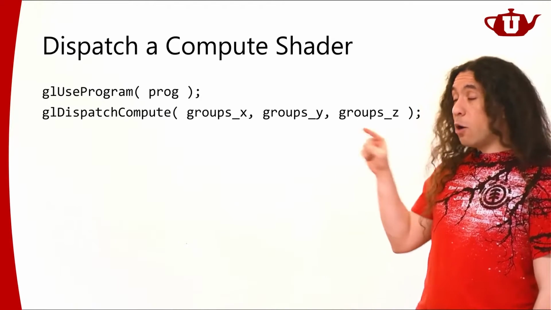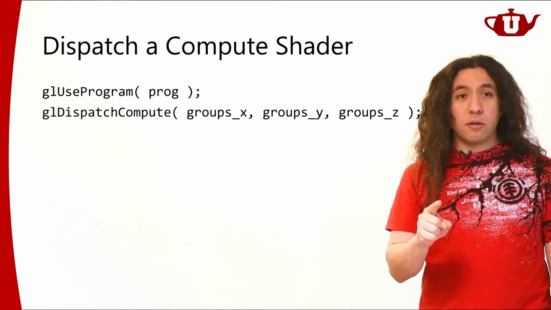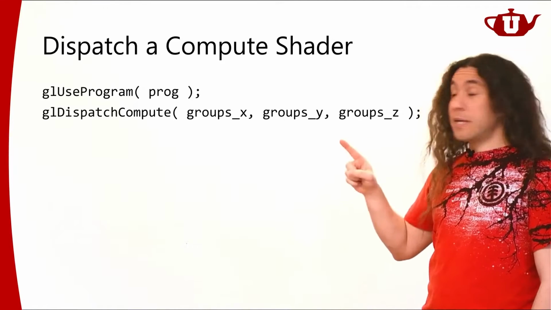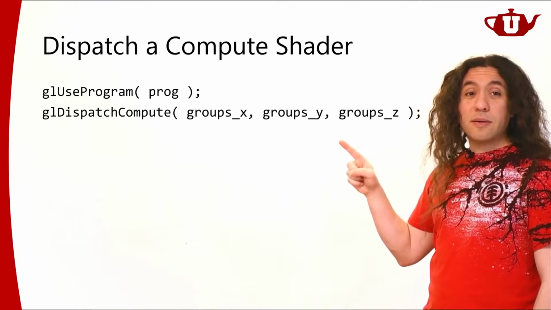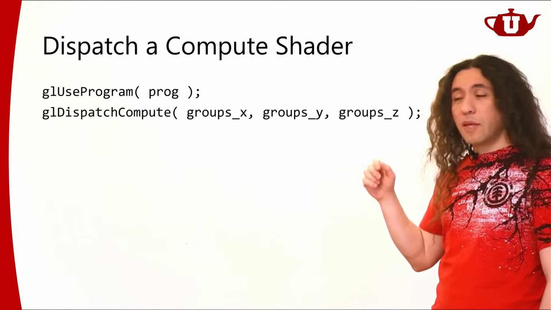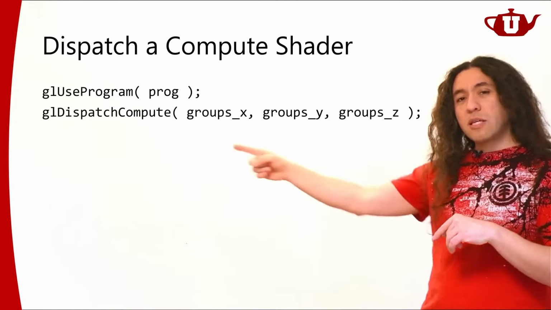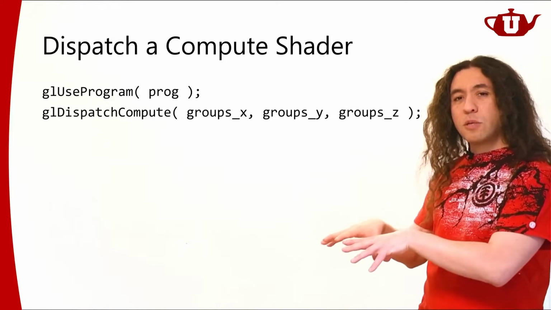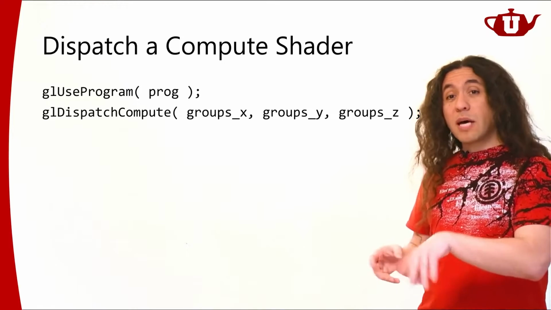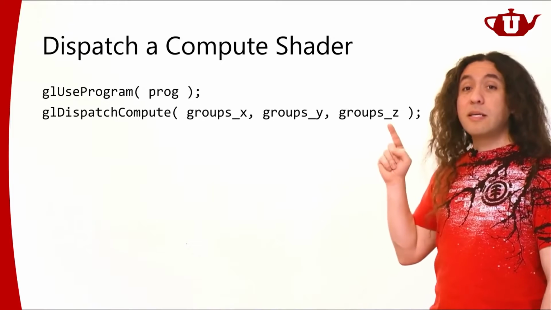So if this output is going to be used for something else later on, you want to make sure that what happens later on will wait for this to finish. Now, this is not necessarily guaranteed if you don't enforce it. The dispatch compute might be running on some of your GPU cores, and if there are still available cores, they could be used for other things.